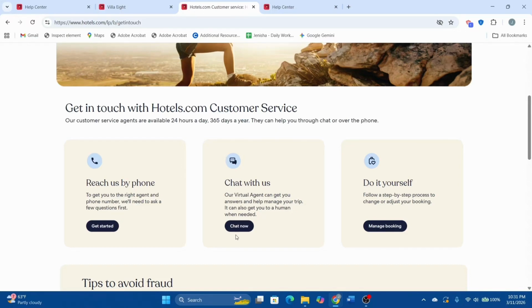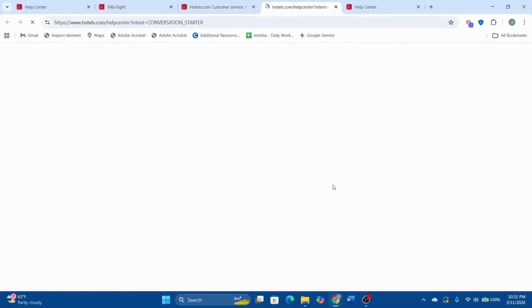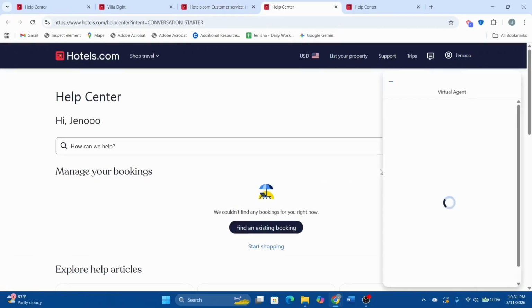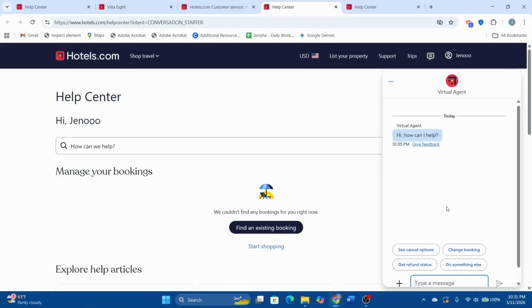We also have this live chat option. You can click on chat now to use that feature right here, and you can directly chat with a virtual agent, and you can ask for a human agent also if needed,